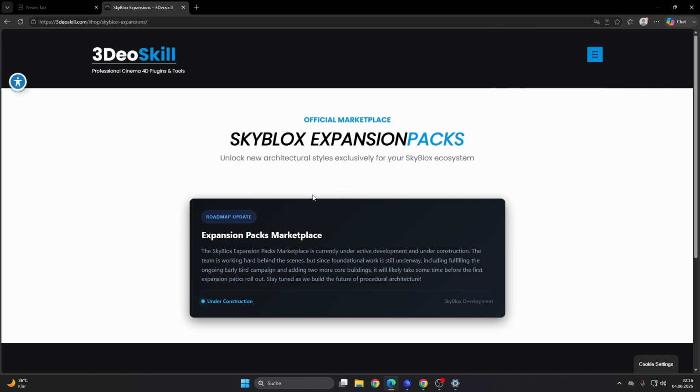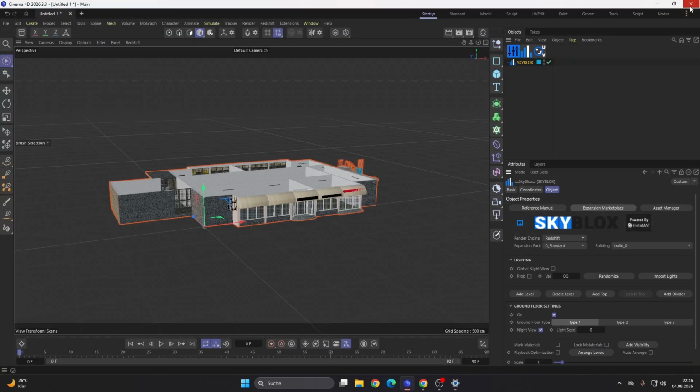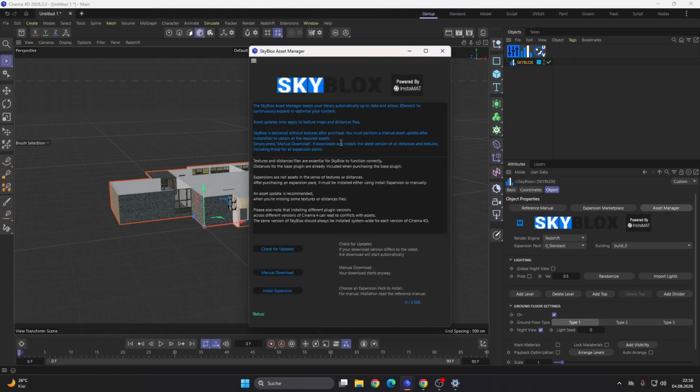I will try to release new expansion packs from time to time. So please be aware this is a lot of work for a single person. So please be patient and lenient, and yes, stay tuned. Okay, and here you can see the asset manager, the direct link to the asset manager.